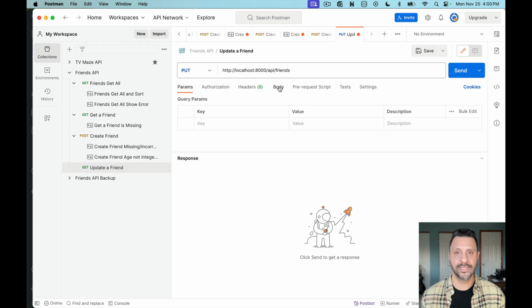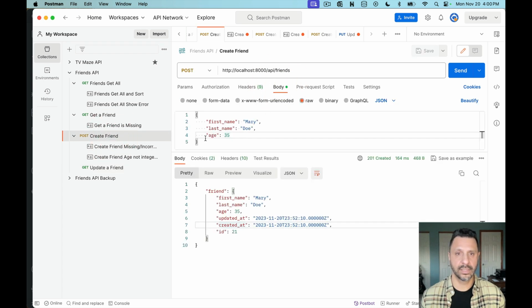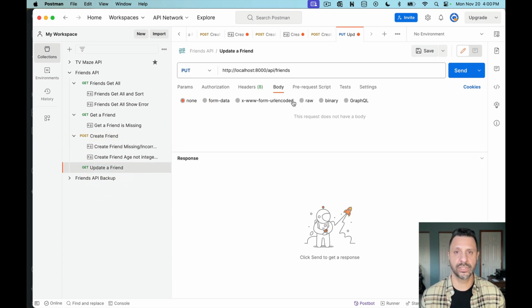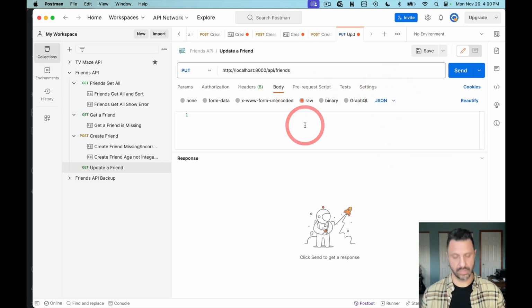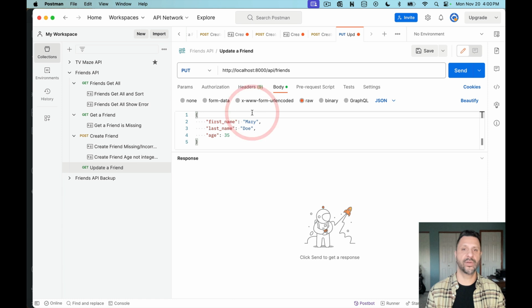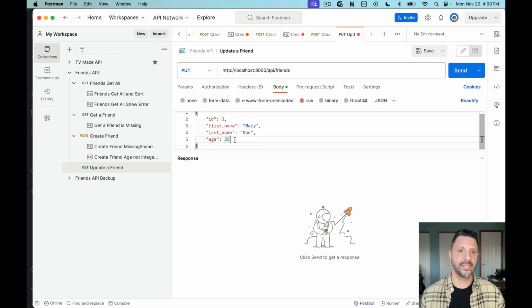And then we also need some data to pass along. So I'm going to copy some data. The only difference is we need to know which friend we're updating. So we do need to pass an ID here. Friend ID. Let's go ahead and update 3, the friend at ID 3. Okay. And I would say in this case,